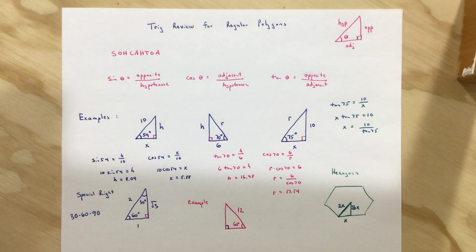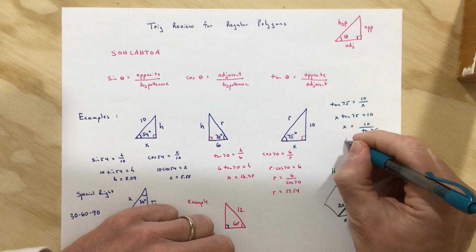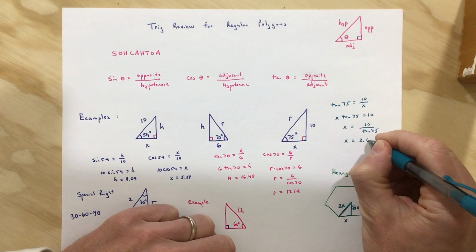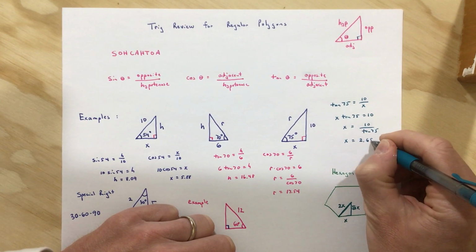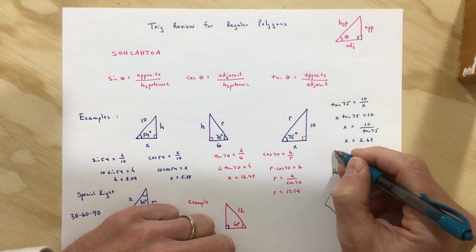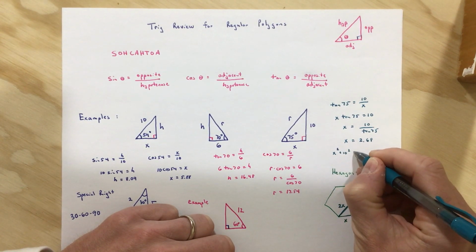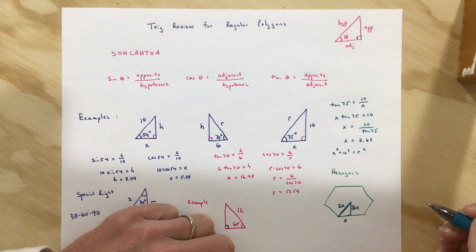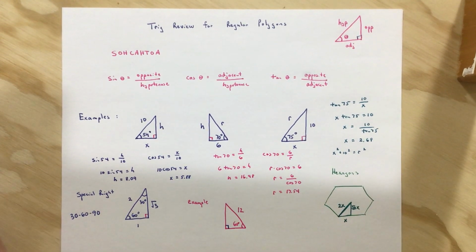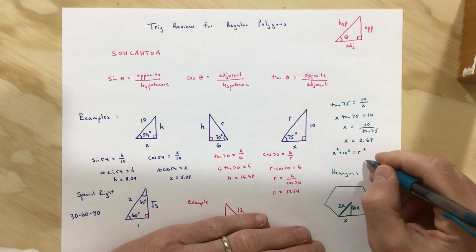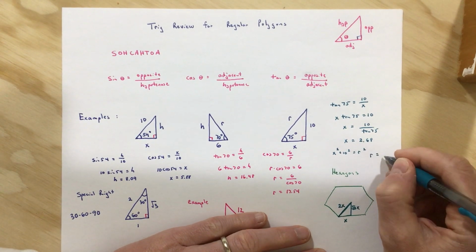10 divided by tan 75, x equals 2.68. In this one, just for fun, let's say that we know x squared plus 10 squared equals r squared for the Pythagorean theorem, and I know x. So I'm just going to do 2.68 squared plus 10 squared and get 107, and then I'm going to take a square root of that. I'm going to use the Pythagorean theorem to find r